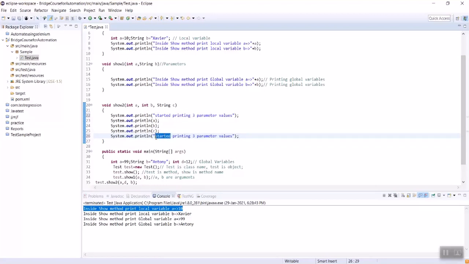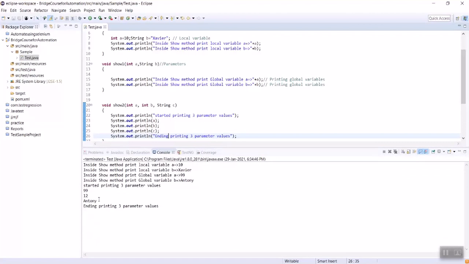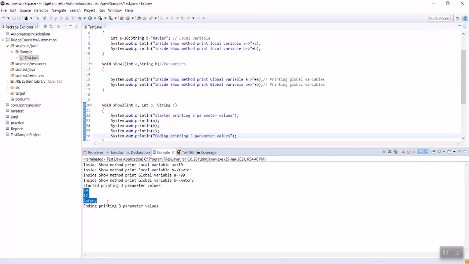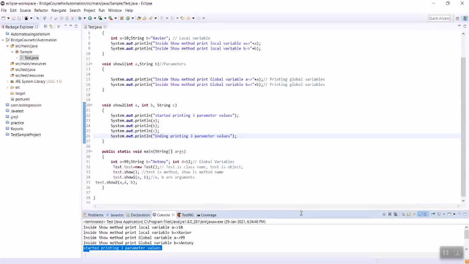So now we are going to print these three values only. The values will be passed through the argument parameters, then they will be printed in between the statements which we are going to use, 22 to 26. So it's printed 9912 Anthony. So I think you will be easily understanding.